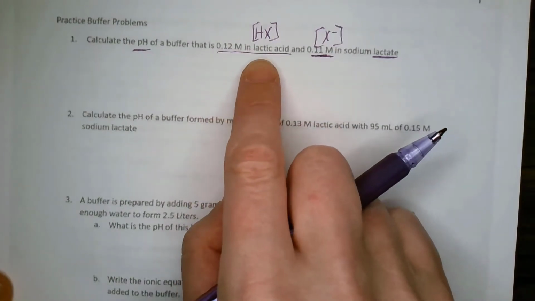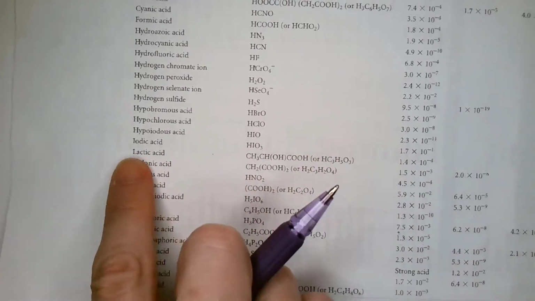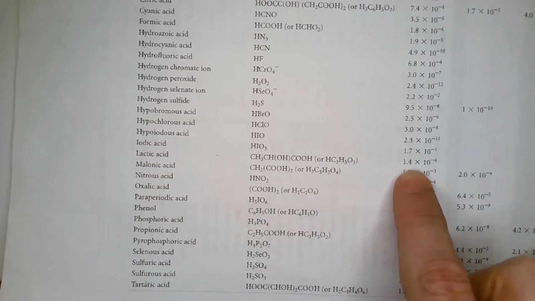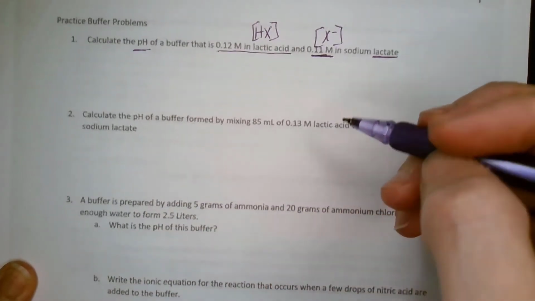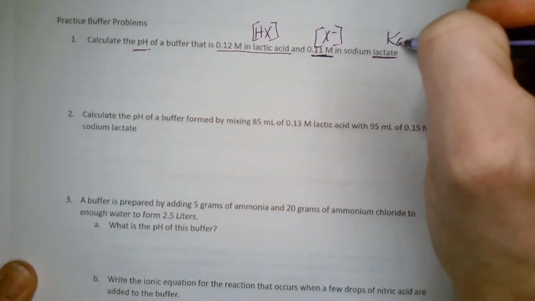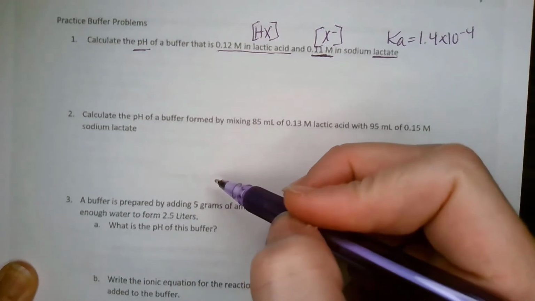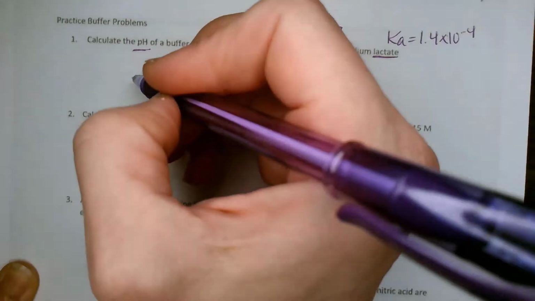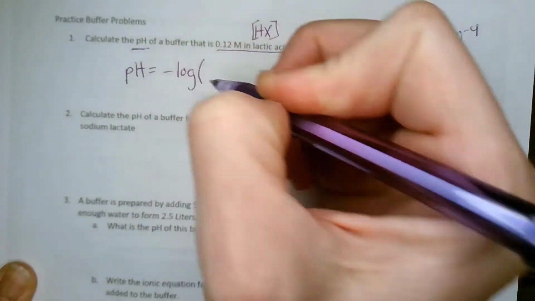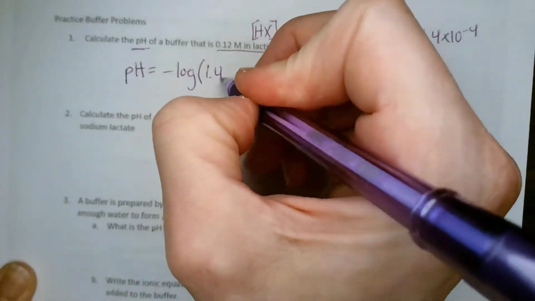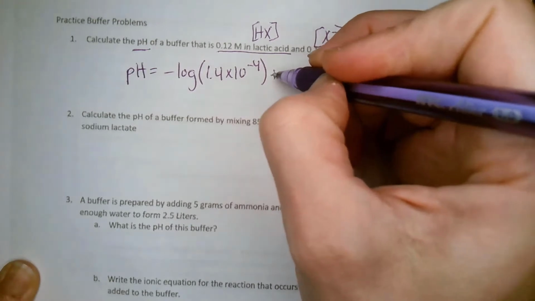Great, so let's find the Ka of lactic acid. We're going to look up lactic acid for 1.4 times 10 to the negative 4. So we've got our Ka, 1.4 times 10 to the negative 4. Let's plug this right into the Henderson-Hasselbalch equation. Our pH is equal to the negative log of our Ka, 1.4 times 10 to the negative 4, plus the